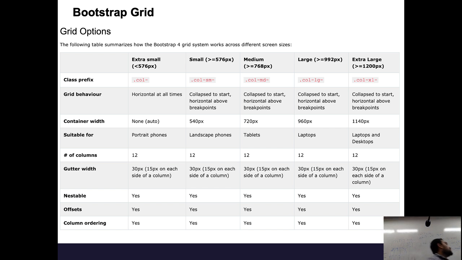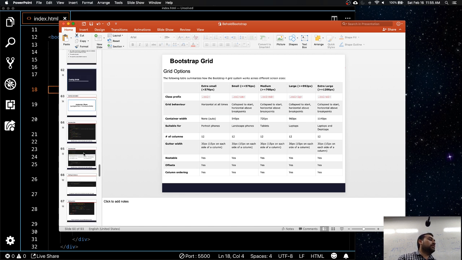Again, this is not as important, but if you are curious, they have defined the widths that they're using behind the scenes. This is the width of each container. We don't have to worry about it, we don't really care, it's already taking care of us. But for people who are curious, they were asking about the widths. They have mentioned what widths they are using and how they are collapsing. Again, just some extra stuff. This is in the presentation, so you can take a look at this table.